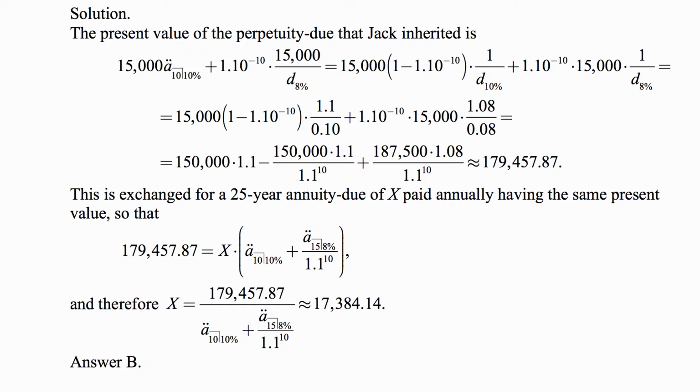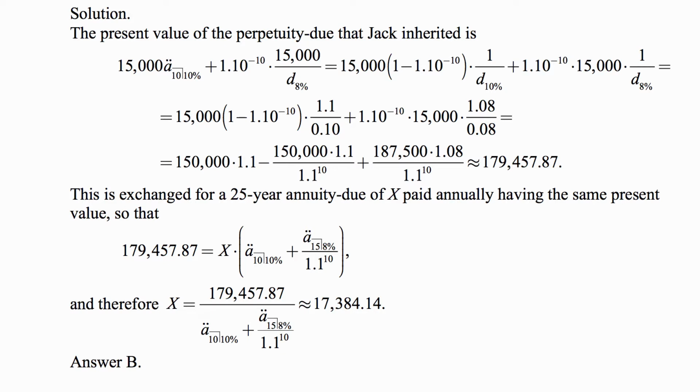So what this becomes is 150,000 times 1.1 minus 150,000 times 1.1 divided by 1.1 to the 10th, plus the product of 15,000 times 1.08 and then division by 0.08, which becomes actually 15,000 divided by 0.08, which is 187,500 times 1.08, and then the whole thing is divided by 1.1 to the 10th. Now you can calculate all these, and it comes out to be approximately